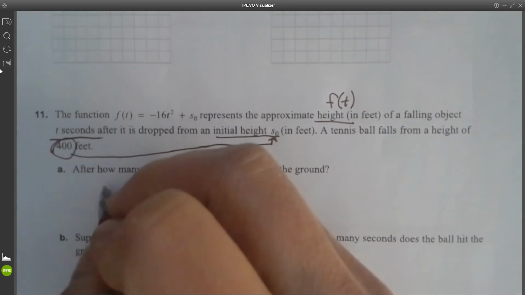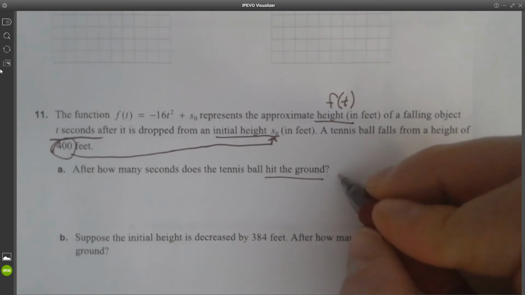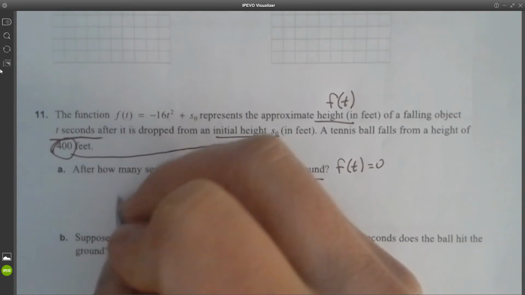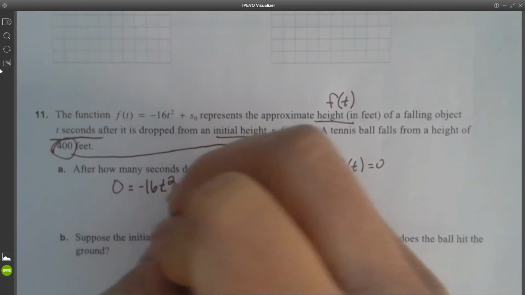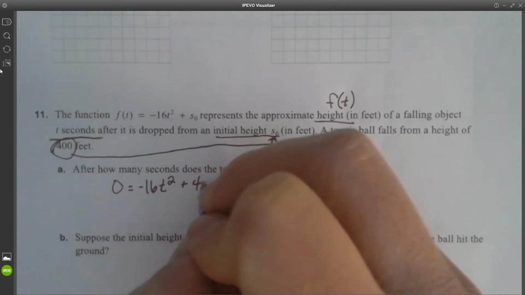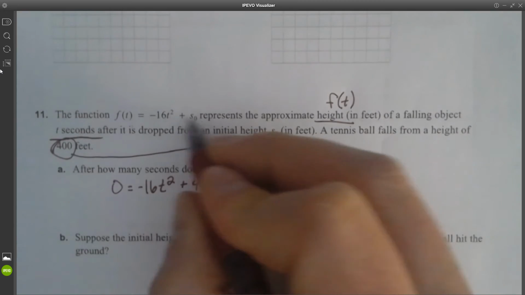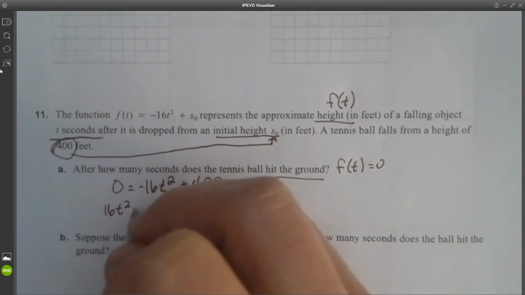The question is, when does it hit the ground? That means the height is 0. So I'm putting a 0 in for height, negative 16t to the second, and then plus 400, because 400 is the initial height. Then I'd add the 16t squared,